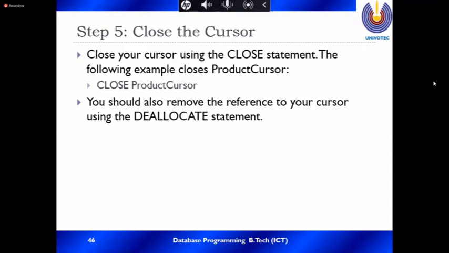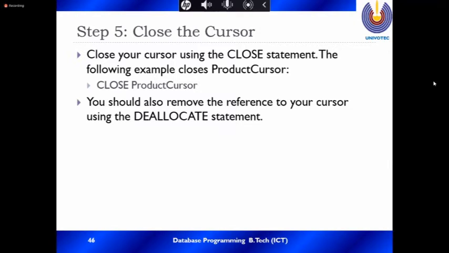Then you should also remove the reference to your cursor using the deallocate statement. If you create a cursor or a function, it stays in your memory.